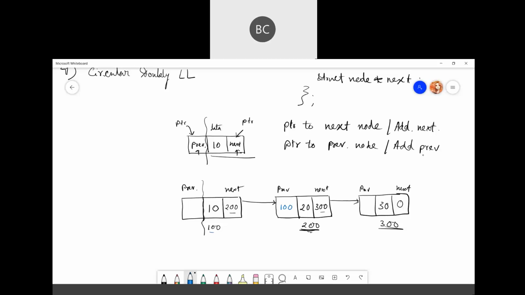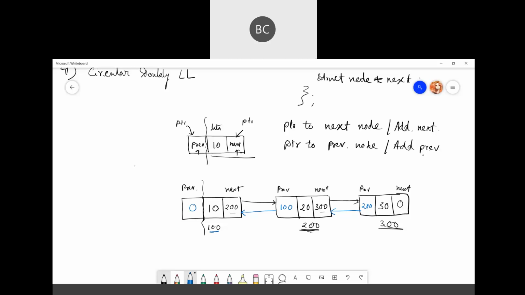So you will write 100 here. For the third node, what's the address of the previous node? That means the second node, which is 200. So 200 will be here, and it will point to the other node. Now for the first node, there is no previous node because it's the first node. So the previous will be null here, or 0.